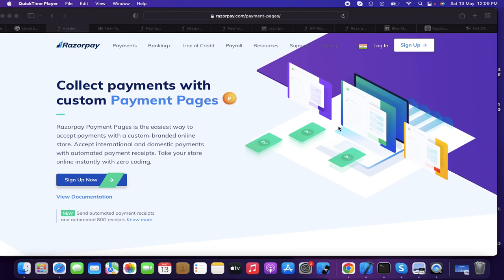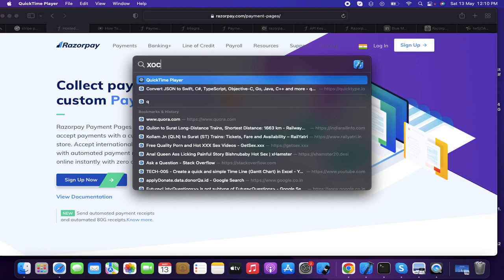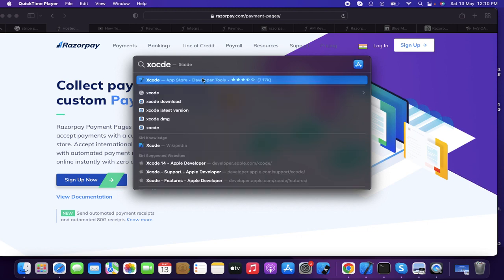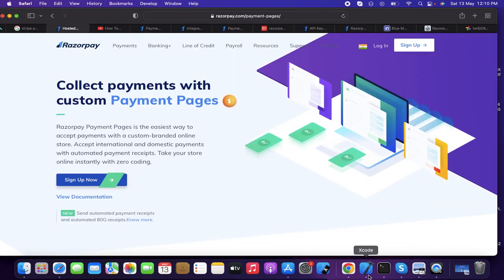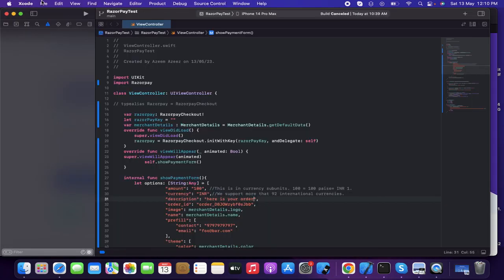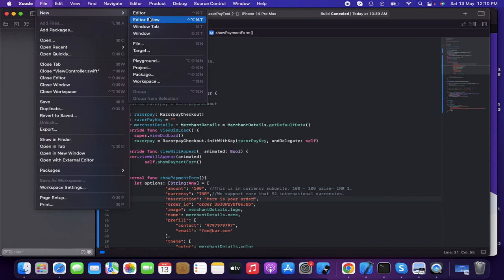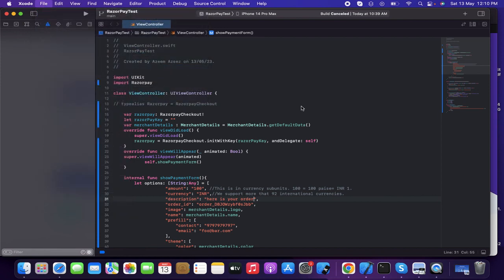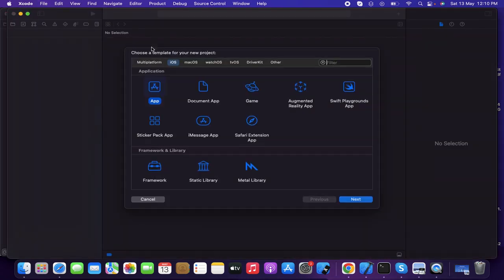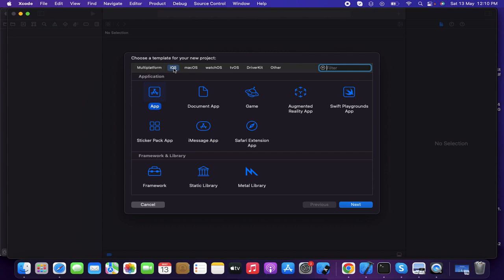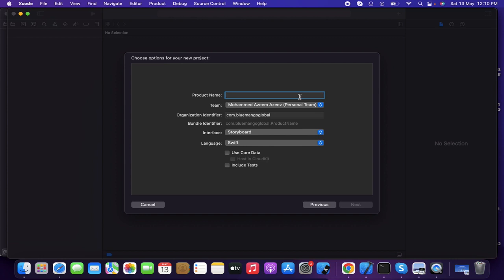Here I'm going to do everything from scratch, so I'm going to search for my Xcode, right? Sorry for that. Let me find my Xcode. I'm going to click here, File, New Project, and here I have my template as iOS application. Click Next. So I'm going to name my project, let me say, iOS payment gateway,